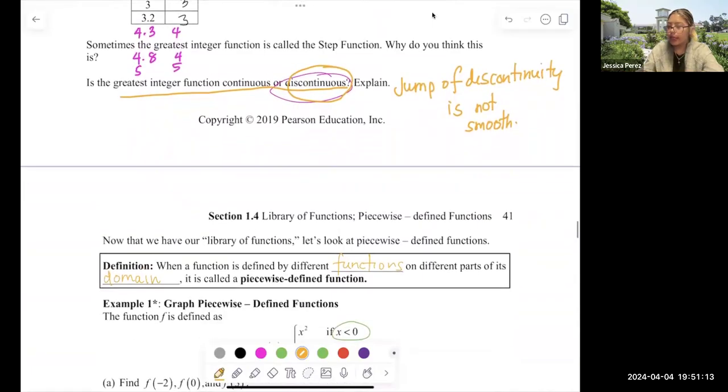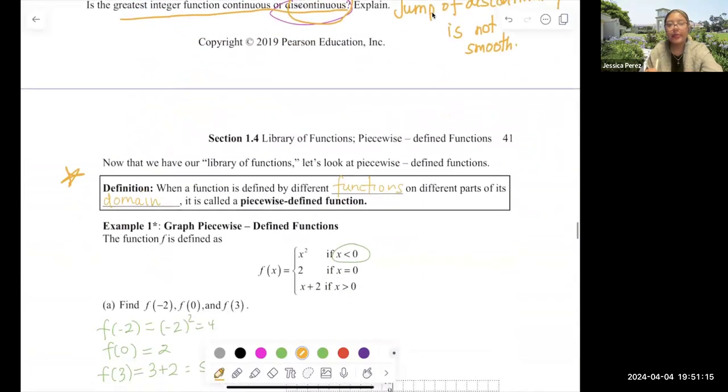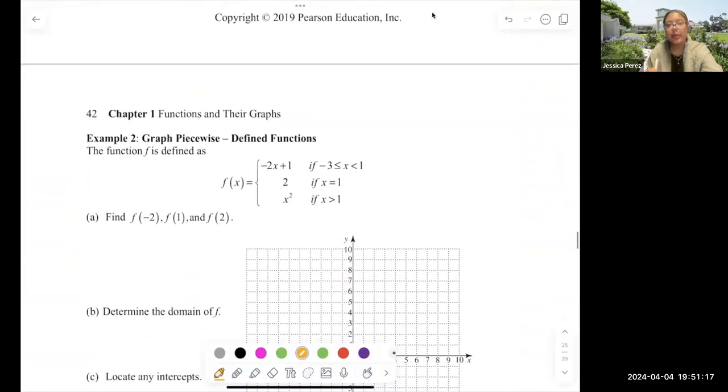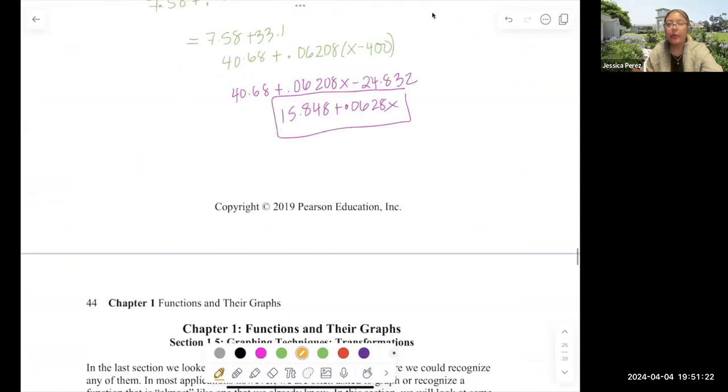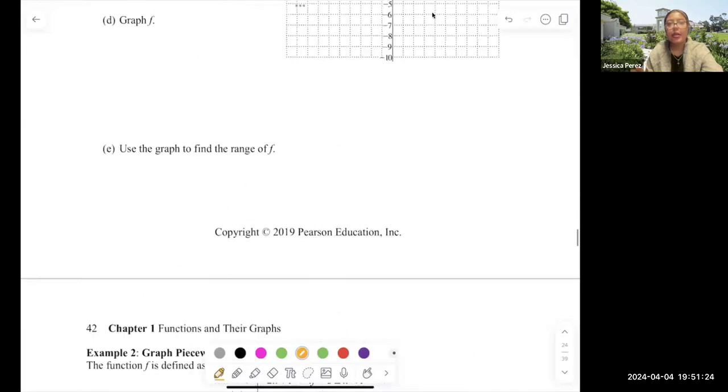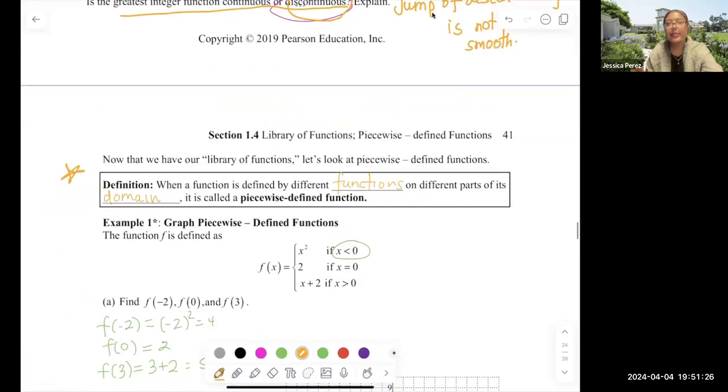So now we're going to get to the good part, which is called piecewise functions. We'll do this, and then we'll go to 1.5. So we'll talk about piecewise functions next. So what we're going to do